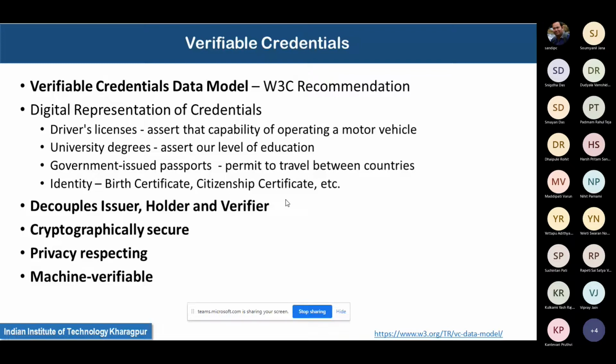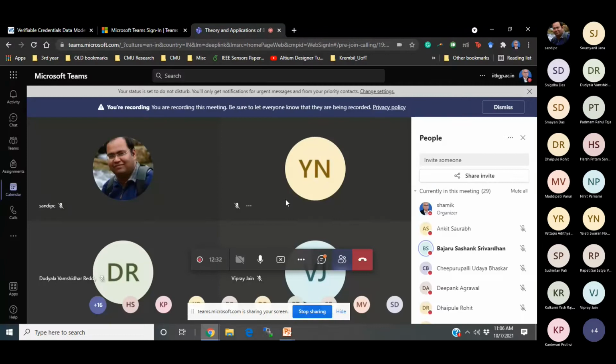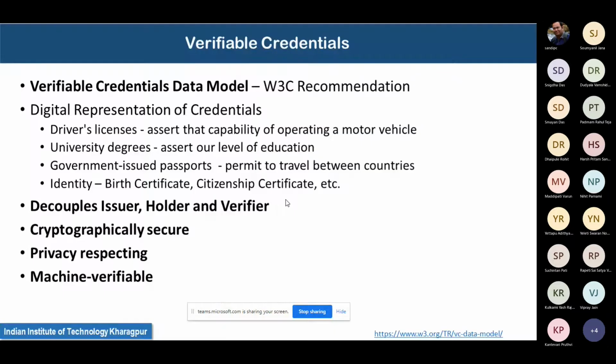So if there is any question on this, you may please ask. Otherwise, we will proceed with our discussions on verifiable credentials. Is there any question? Okay, so if there is no question, then let me do a very quick recap of what we said yesterday, because we'll continue our discussion on verifiable credentials today, and then we'll wrap up our discussions on identity management. So today will be the last lecture on identity management, and we'll take up a new topic in our next